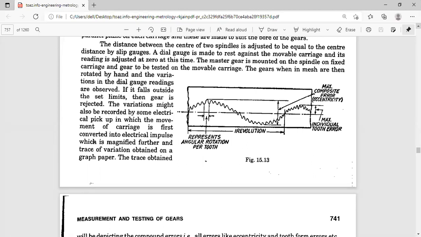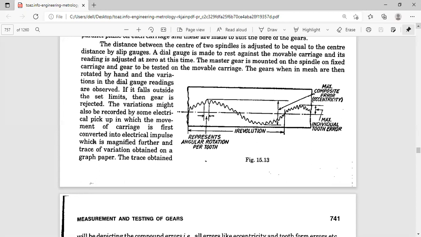This particular gear tester is used particularly for testing spur gears, but there are testers for other gears also; here we are not discussing them. Here the gears are mounted on two spindles so that they are free to rotate. And already I told you the master gear is mounted on the adjustable carriage, and you have to adjust the position.